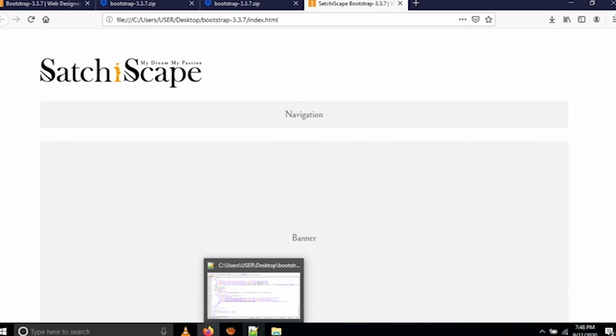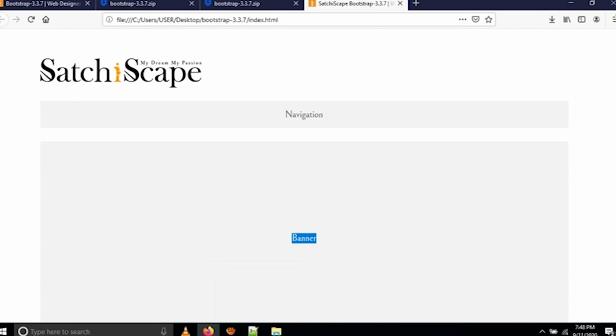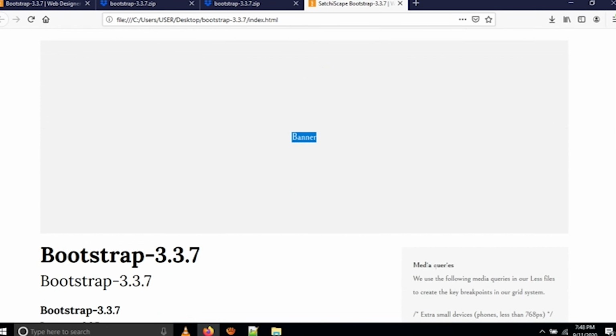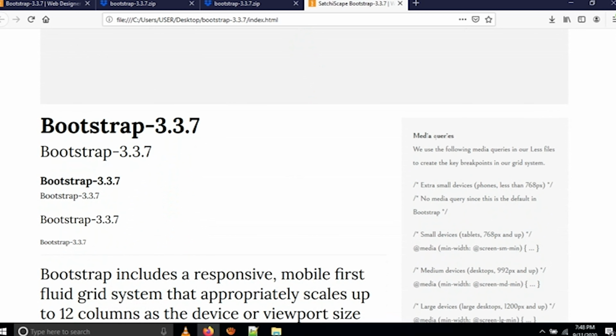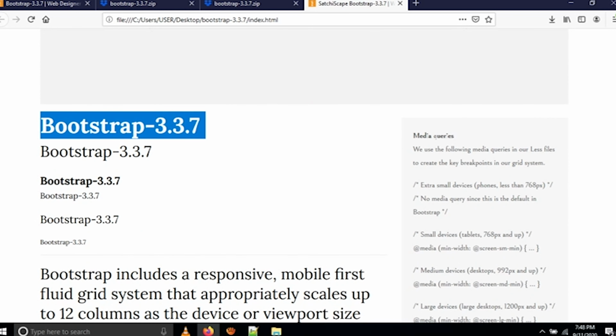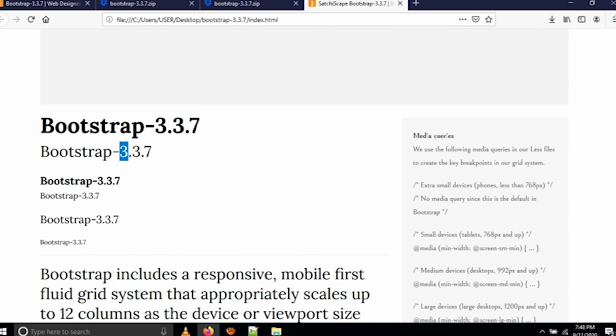Here you can see there is a logo section. Here is a navigation section, which is the basic structure. Here is a banner section. After that I have given one Bootstrap main title section like h1, h2, h3, h4, h5, h6.